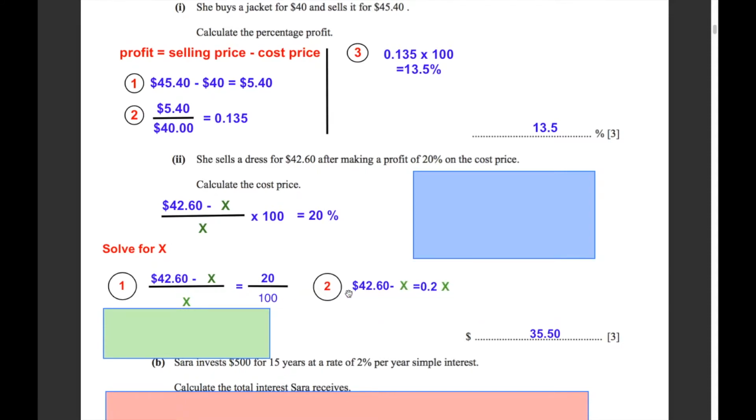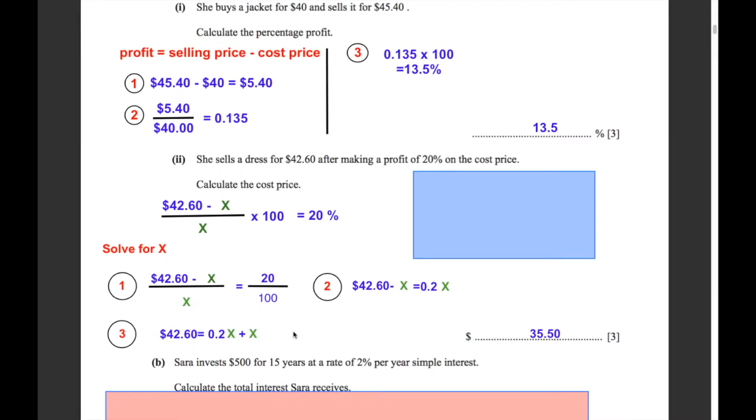For the second step, we're going to move this x over here. What I'm trying to say is that you do the opposite of the operation that you have. In this case, it was division, and to move it to the other side, it's multiplication. So it's going to be 0.2 times this x. So this is what we end up with. Now, for the final step,